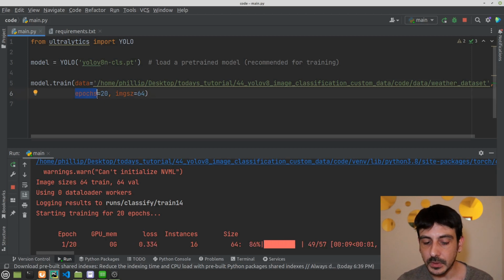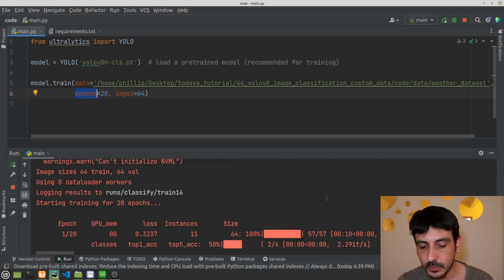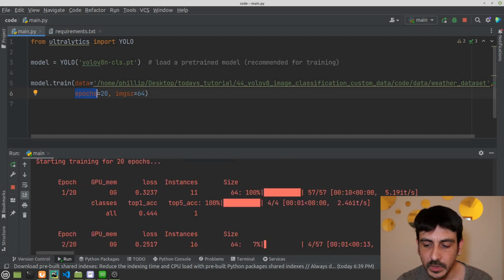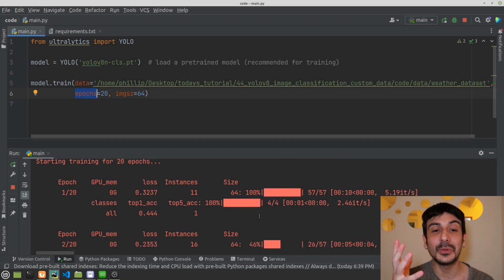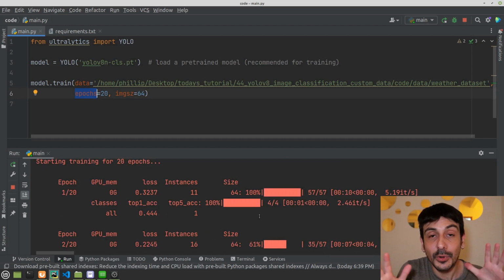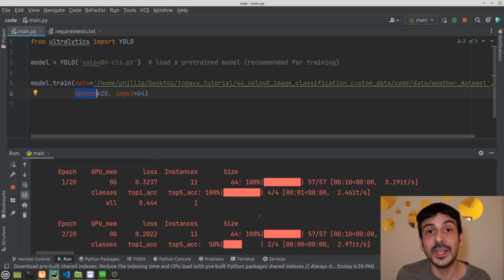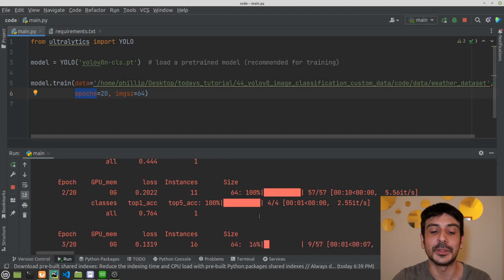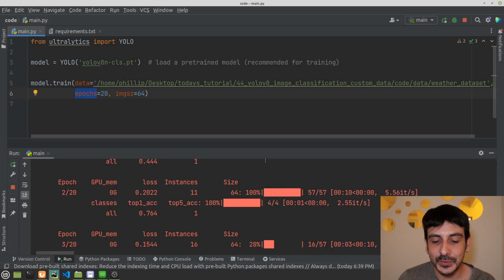So the only thing I'm going to do is to wait until this process is completed, and once everything is completed, we are going to validate this training process. I'm going to show you how to analyze if all this process was done successfully or not, if you have successfully trained a good image classifier or not. So I'm just going to pause the recording here, and I'm going to fast forward until this is completed.